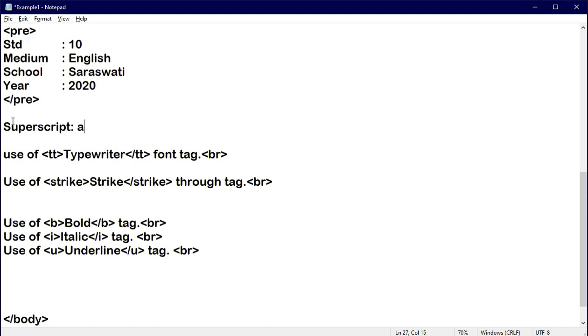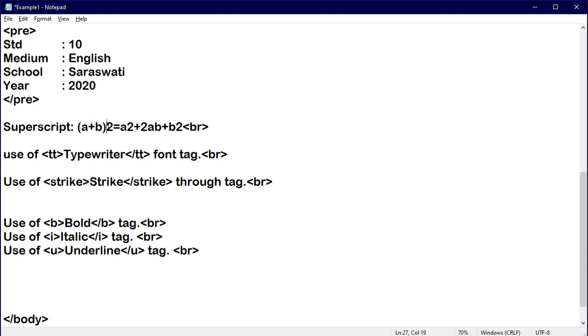And for that I am writing (a plus b) whole square equal to a square plus 2ab plus b square, and then just break your line by using br.